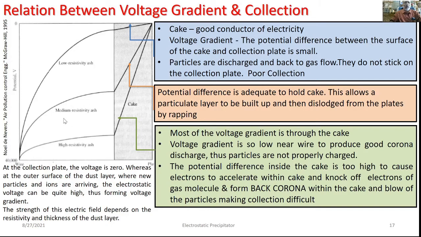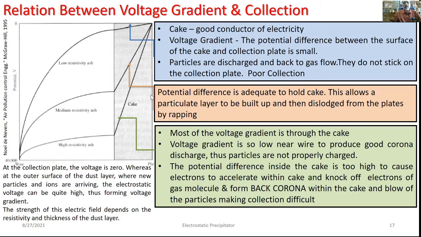As shown in the figure, this is the position of the discharging electrode in the form of wire. This is the position of the plate at which the particles are expected to be deposited in the form of cake. As this cake goes on building, accordingly it would attain some depth of cake.